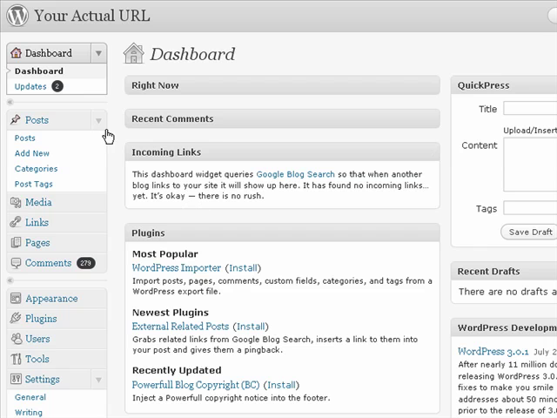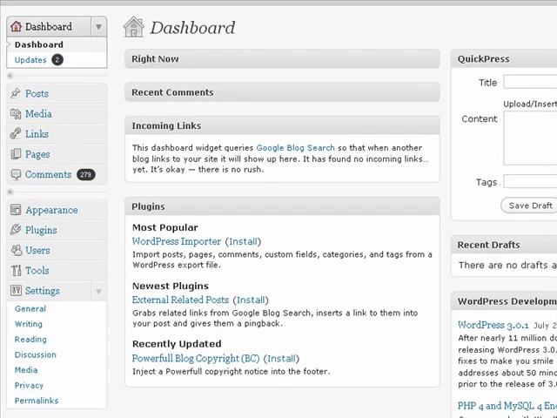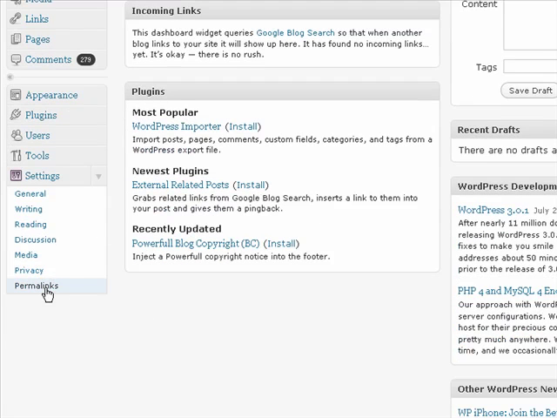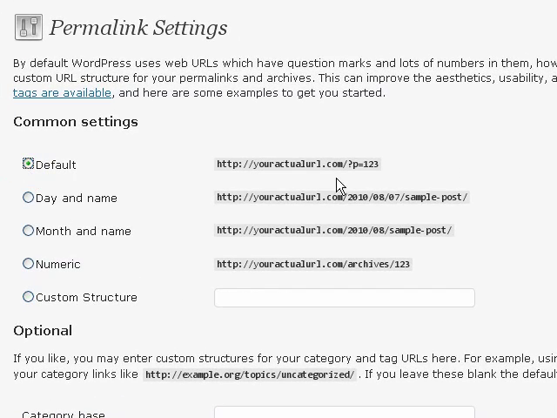So the first thing you need to do is log in to your WordPress dashboard, and under settings you should see a link for permalinks. Now this is the default permalink, and as you can see, the default permalink really doesn't give much information on the post itself. The default permalink is simply ?p= and the post number. Okay, so what you really want to do is to have the post title itself in the URL here,